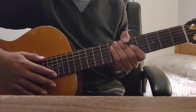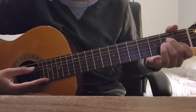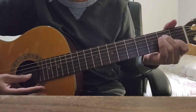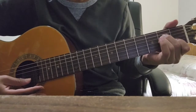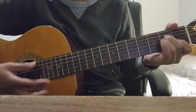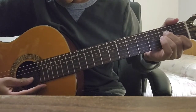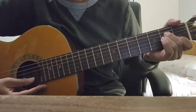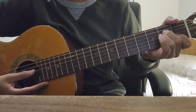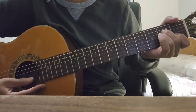Alright, starting off with the A minor chord, which as you can see here is the open A string, the 2nd fret on the D string, 2nd fret on the G string, 1st fret on the B string, and then the high open E string. So the way that you're going to arpeggiate that is you're going to play, so it's going to be 7 notes. You start from the lowest, you keep going higher, and then you go back to,